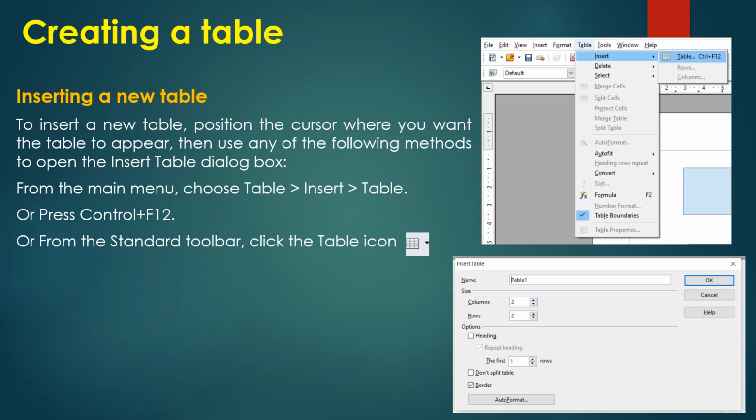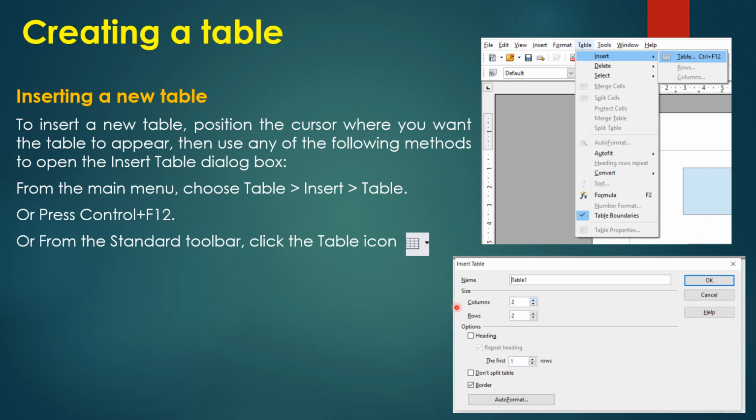So if we want to insert a table in our document, first open the document, then click on the area where you want to insert, then go to the table menu, click on the insert option, then click on the table option, or you can press Ctrl plus F12, and afterwards it will show you the insert dialog box. Here you have to specify the name of the table.